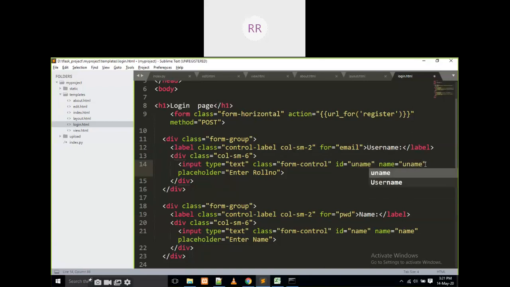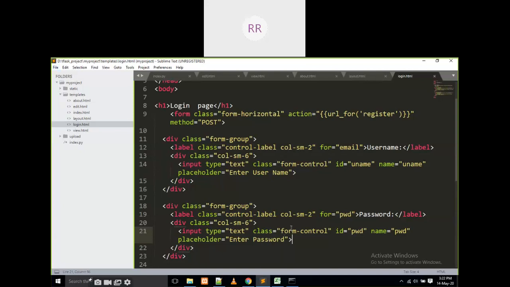This is also uname, and we enter the username. The next one is password, and the name is PWD. Enter password like this.